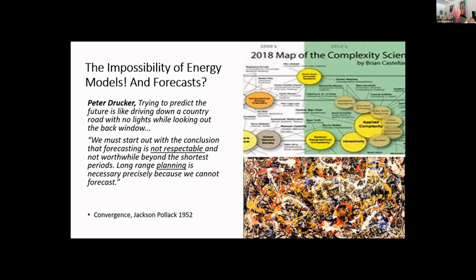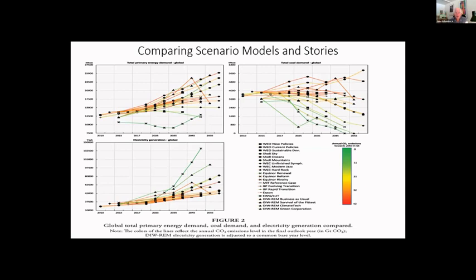We've got this challenge of trying to generate scenarios, put in policy variables, and try to understand what people are going to do. And we know that there are interactions we're not going to expect. Obviously, COVID is one of the big surprises. So here is, I think, a paper from 2019 out of Berlin, DRW. What they did is compare scenario models of different groups around the world. I think the important thing to look at is obviously the differences, right? Primary energy demand, and look at that. I mean, we're talking 50% differences.